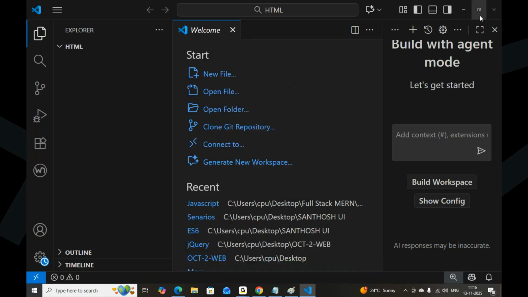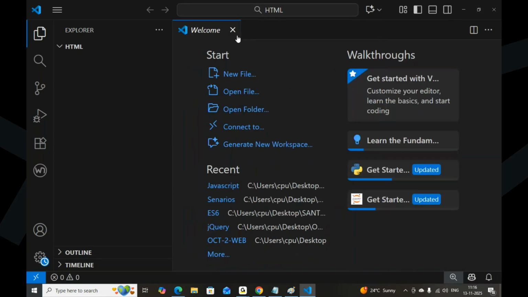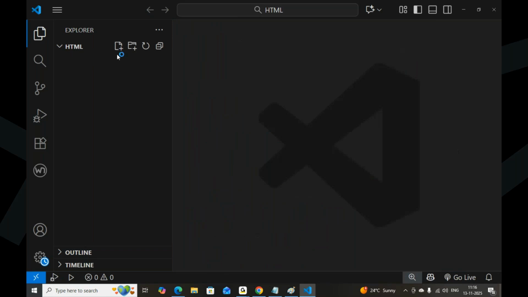Hope so, everybody already knows HTML. Okay, I will just go through it like a crash course. Different kinds of elements I will write down in a single file. You know that